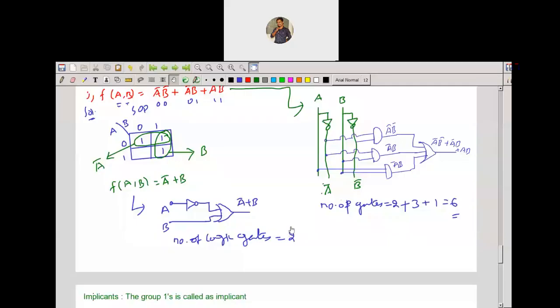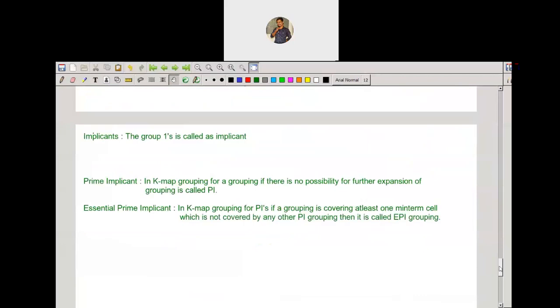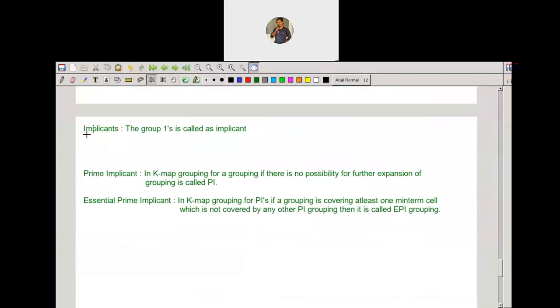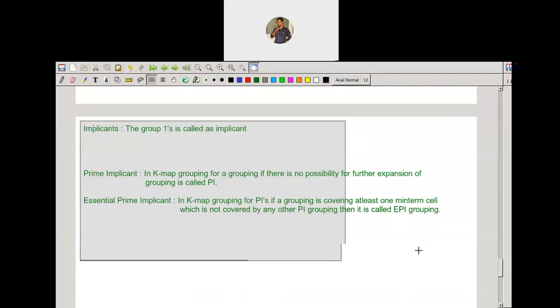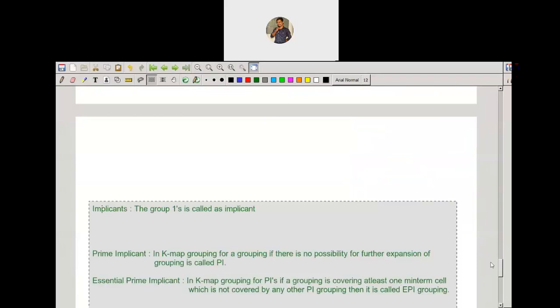Now, is it simplified or not? The number of gates has been reduced from six logic gates to two logic gates. So you can reduce the number of logic gates, or reduce the given Boolean expression, by using the K-map. Okay. Let me do one more problem also. Now I'll explain with the POS. We'll talk about this theory data.